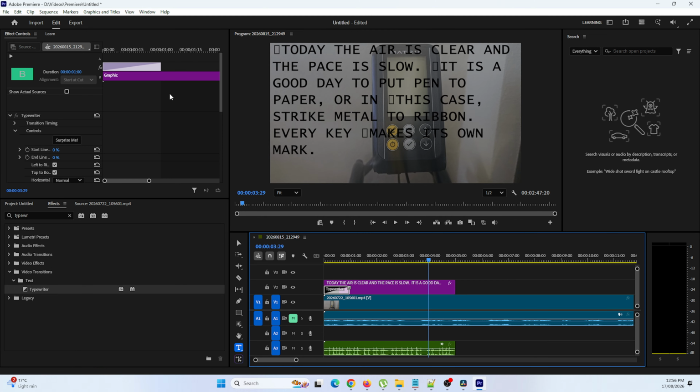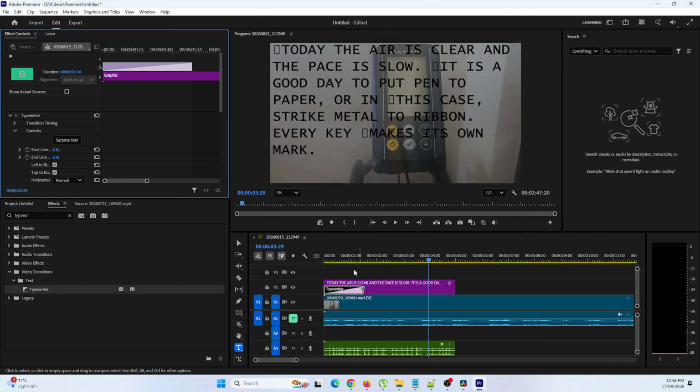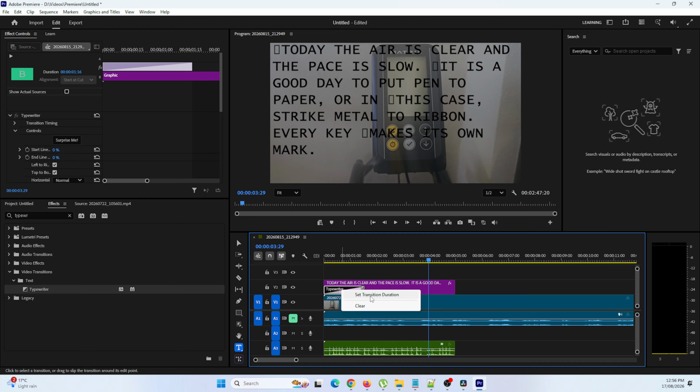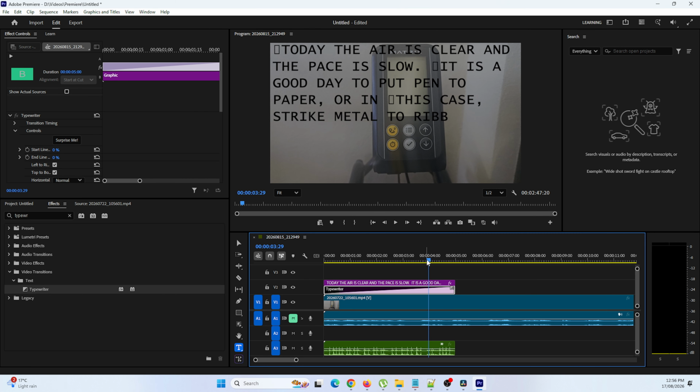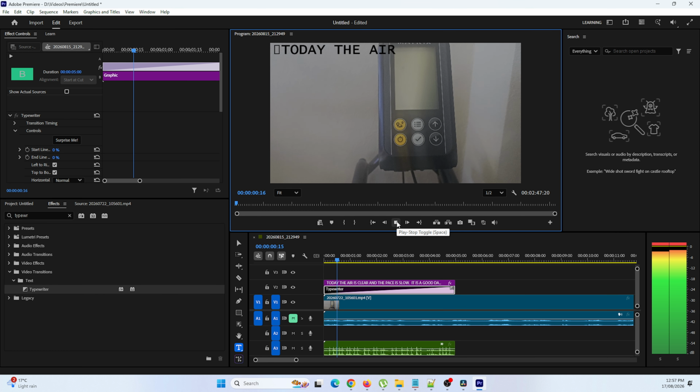Next, you can click on that and you can change the timeline from up here, or you can right click here and click on set transition duration. So let's say I want to slow down the typing. I can set it to 5 seconds and click on OK. If I click on it,